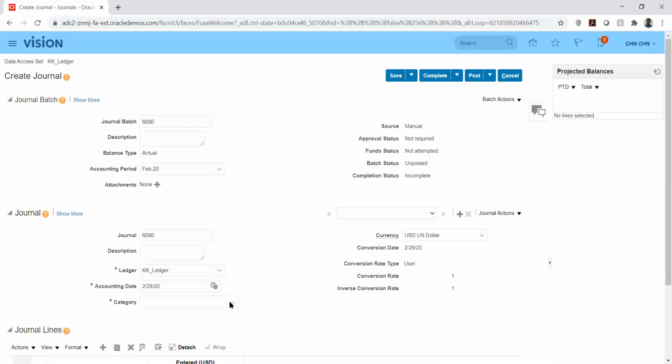Why the journal batch and name are not mandatory? I mean, if you don't give, automatically it will select some default value. No, I don't think it will select default value and all, but